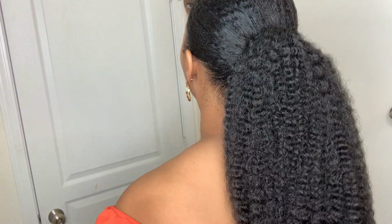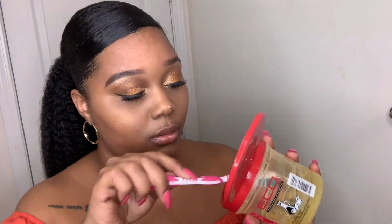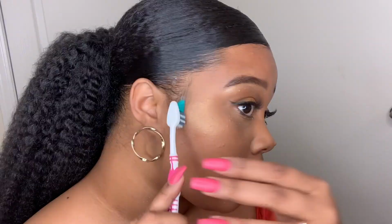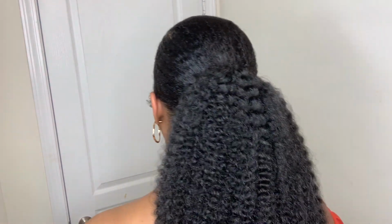Grab a mirror, like a hand mirror, and just kind of look in the mirror behind you and just make sure it looks good from all sides. What I am going to do is go ahead and lay my edges down like I like to do. Side, back,